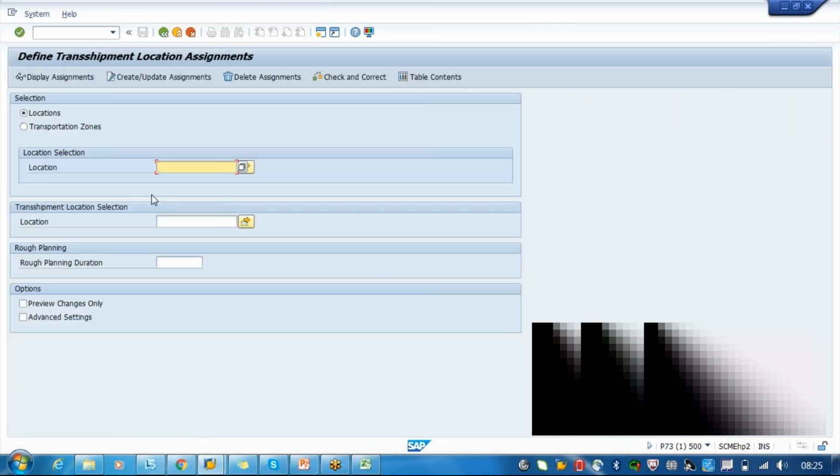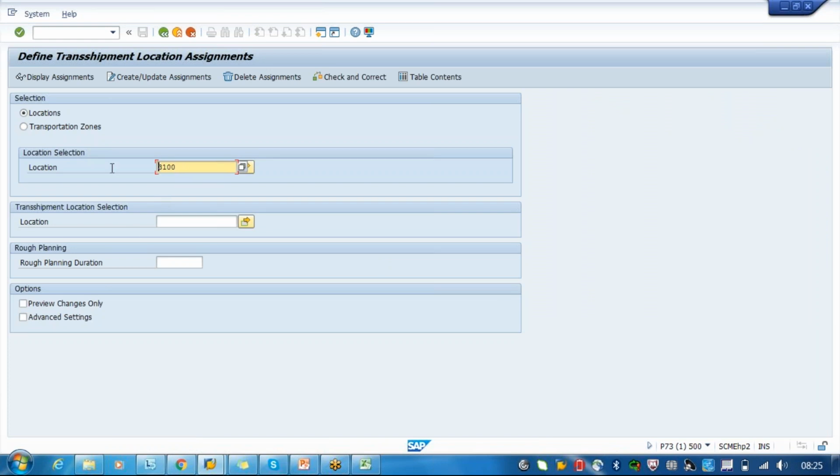So now we say, what is your source location? We have a source location called 3100. From here it is going to, let's say, customer place Prasad. In between we identified one as TM underscore port, which we created. We will say this port is a transshipment location. That means from this plant the goods are moving via air, and from here they are converted into a container. They were loaded into a container. Just say here.